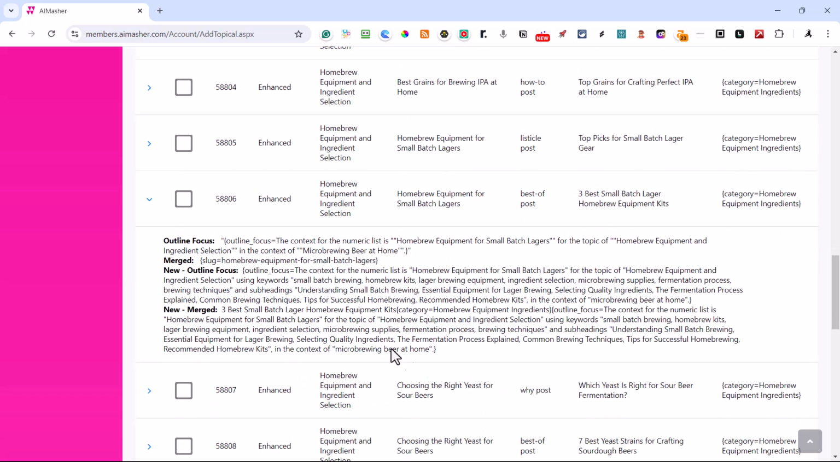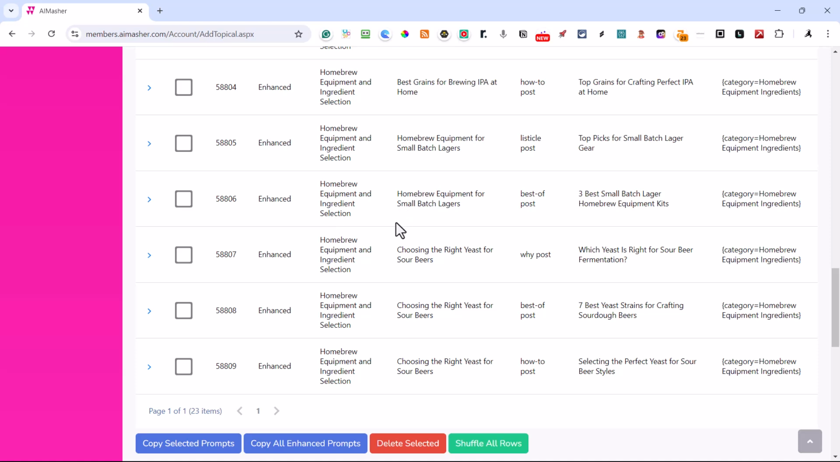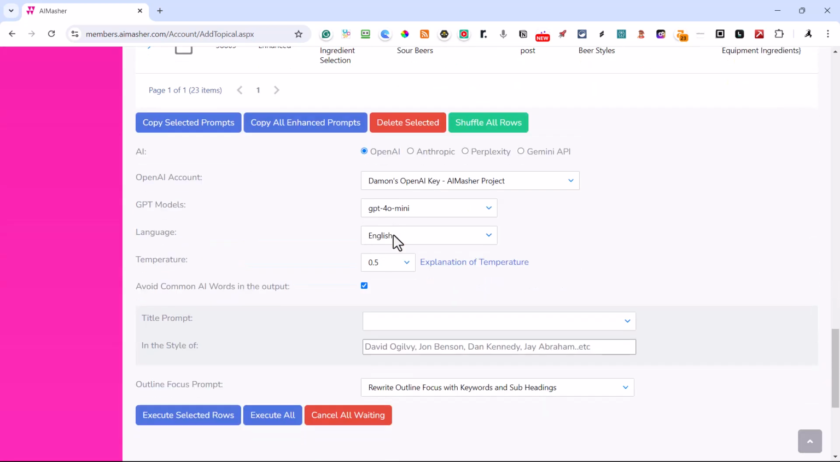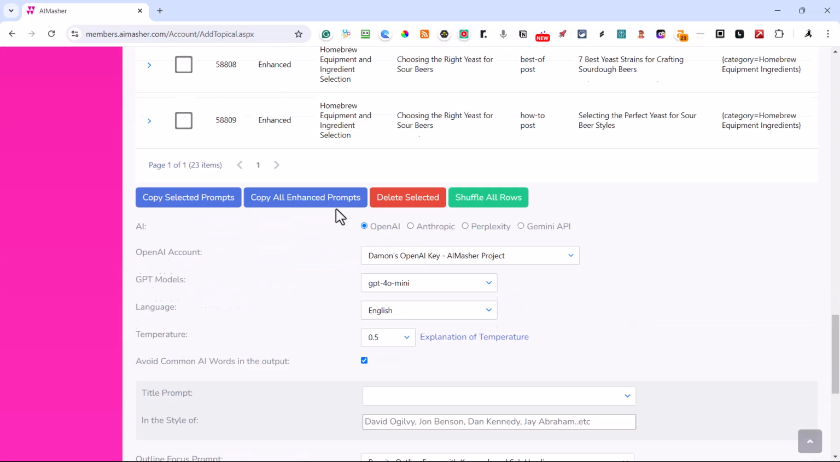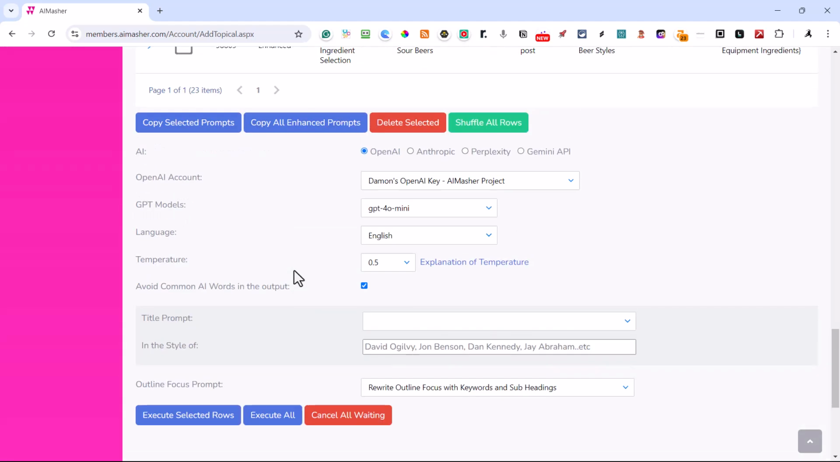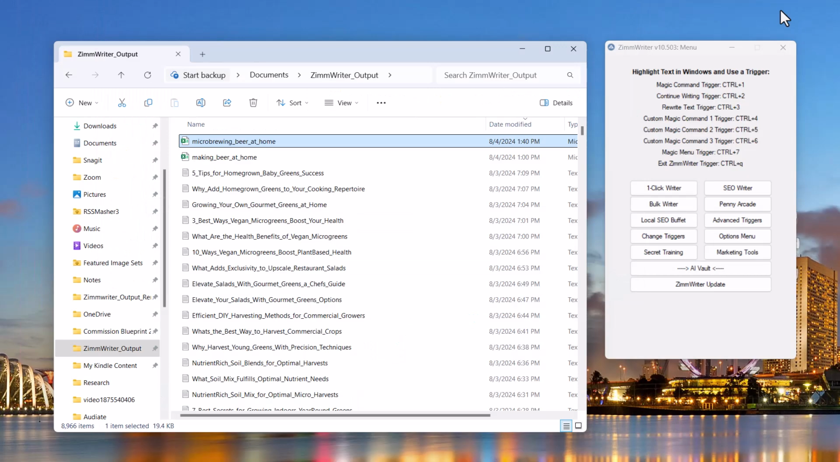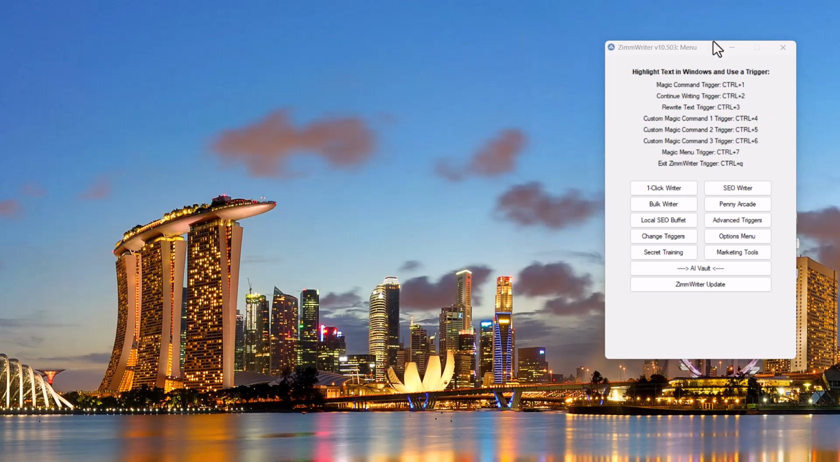Yep, new merged. You want to make sure you have that curly bracket at the end. If you see something that's not the curly bracket at the end, you don't want to use that prompt. But we'll have this fixed next week. If you're using other models to write, still use the 4.0 Mini to do your enhancements. Okay, now once they're all done, they're all enhanced, I'm going to come over here and copy all the enhanced prompts. So it's going to copy everything that we just enhanced. Okay, done there. I'm going to close this window, close that. I'm going to come back into